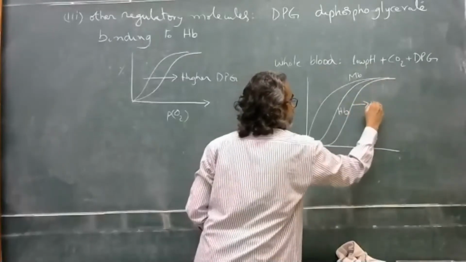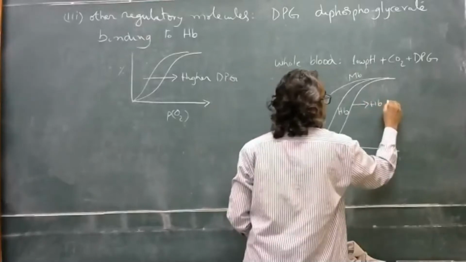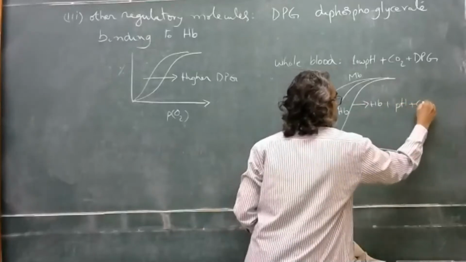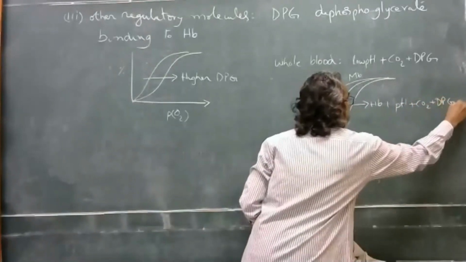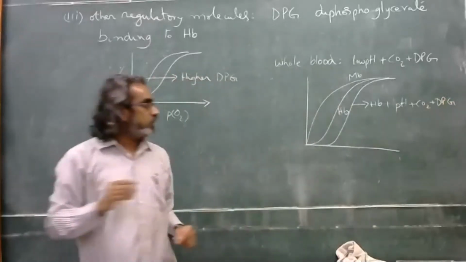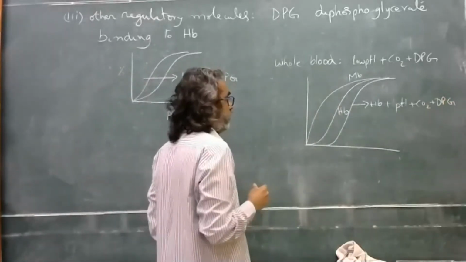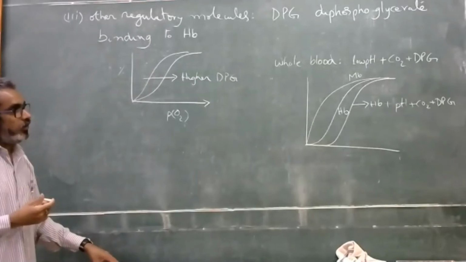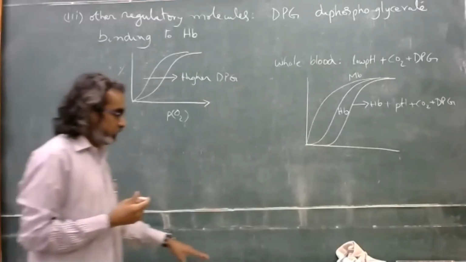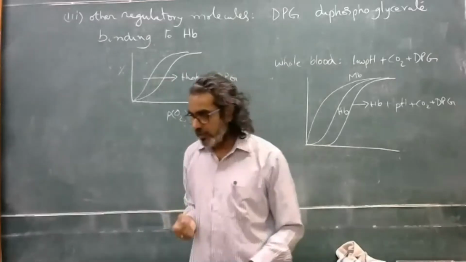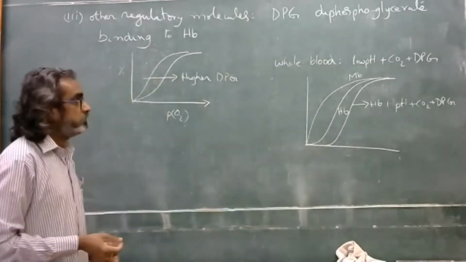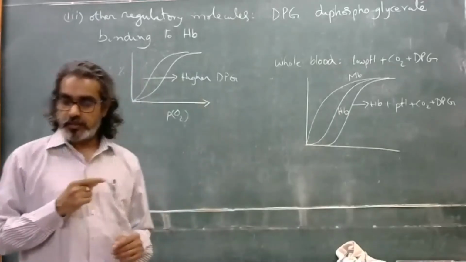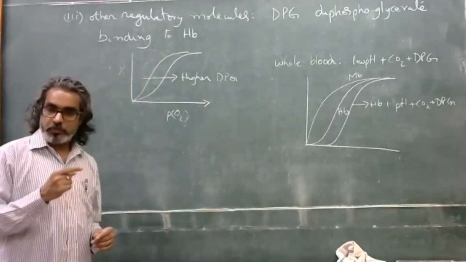So this is for hemoglobin, right? Okay, so low pH, let me just write pH plus CO2 plus DPG. So all these molecules further shift and increase cooperativity or regulate the binding capacity. Okay, so then how do I understand this in a model? How exactly does binding of a DPG molecule, which binds at a different site than oxygen, have a regulatory effect on oxygen binding of hemoglobin?